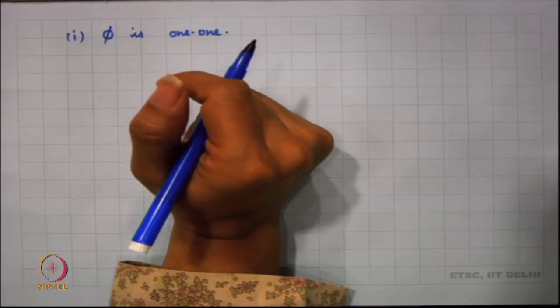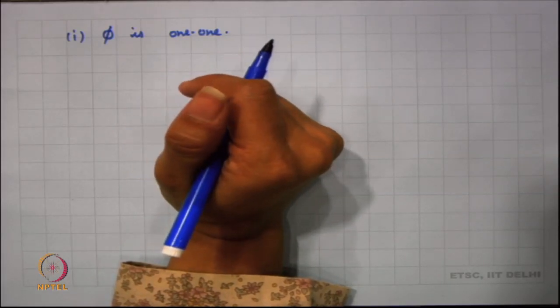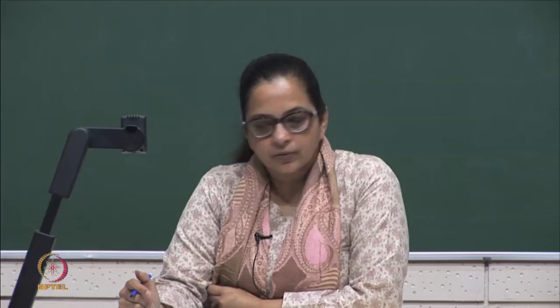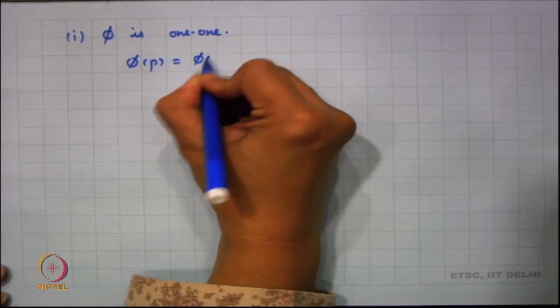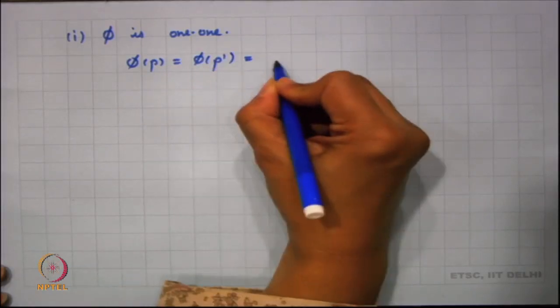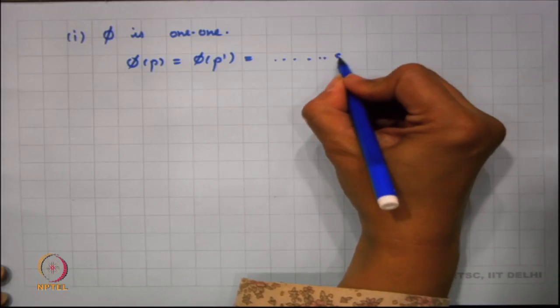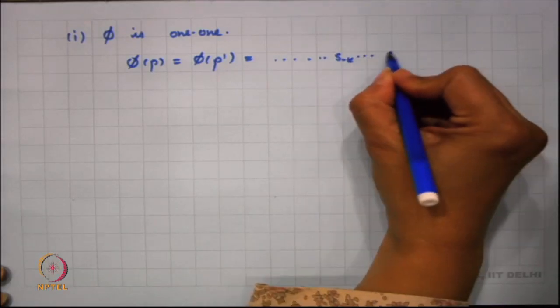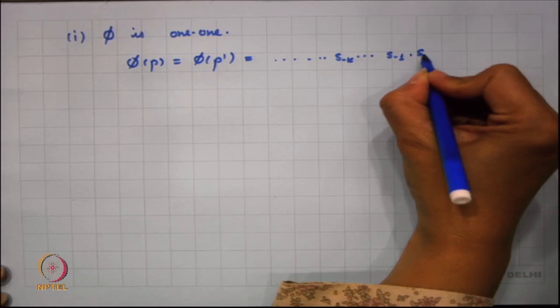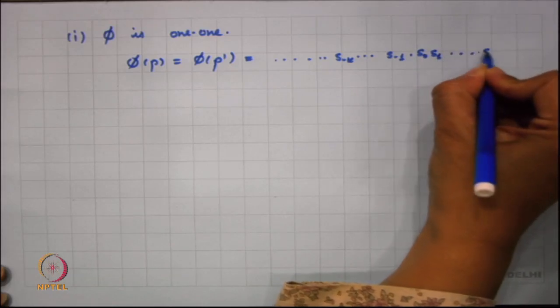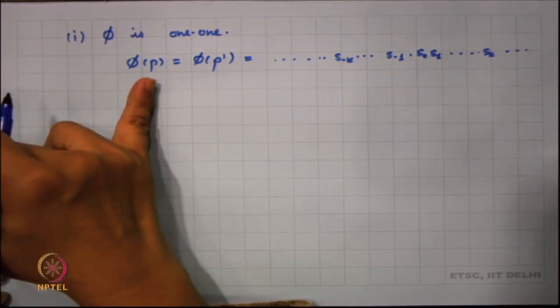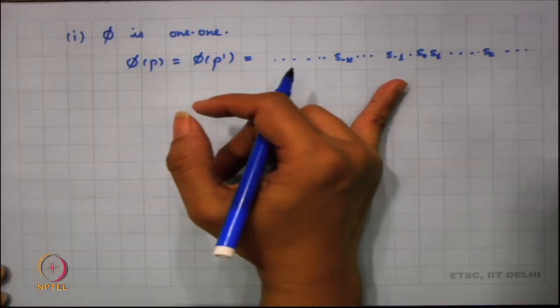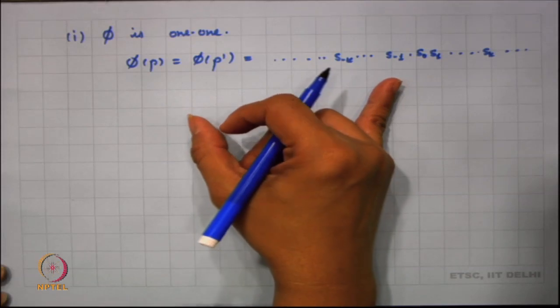It is injective. Why is it injective? Supposing now I have 2 points p and p prime such that phi p is the same as phi p prime, and that corresponds to the same sequence. What does that mean? This point p corresponds to this sequence if it is the unique point of intersection between